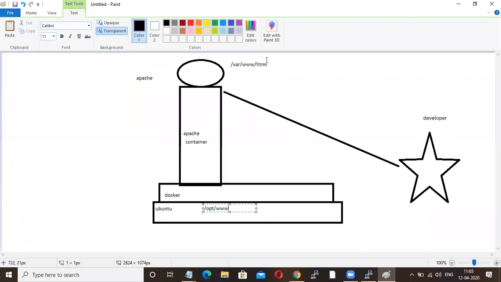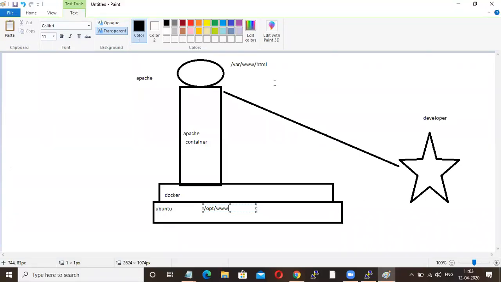This is the default path for your Apache. So your developer is asking that he needs access to this path in this container to place all his static files. Now, as an admin, if you give access to this container, the developer might corrupt your container.